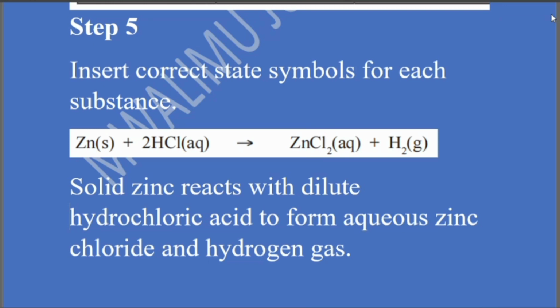Now, just following the 5 steps, we can write any chemical reaction given. We can write it and then balance it with all ease, because we just follow the steps that we are given. First, you have to ensure that you are having the correct symbol of the reacting substances, and then you have the correct product that is being formed. Then you balance it by counting the number of atoms of each element. Then if they are not equal, you start by inserting a number. You start with the small